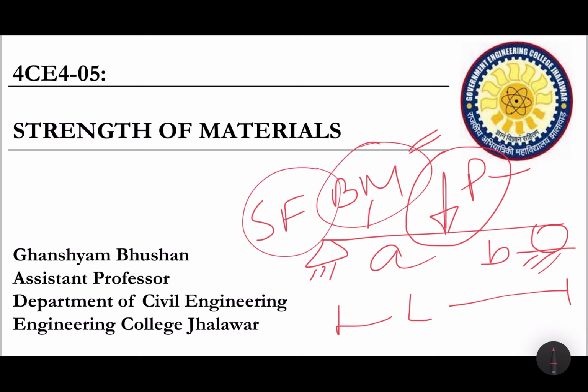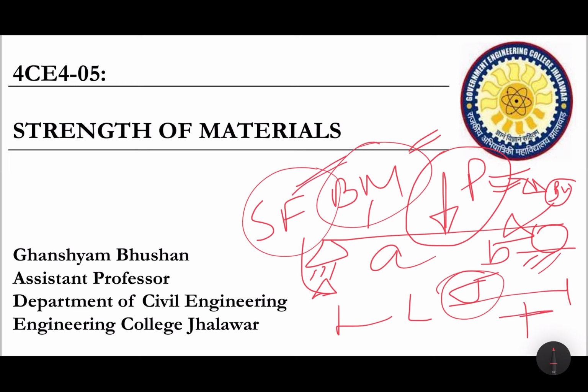So we have discussed the generation of bending stresses due to the externally applied load. This load will create a bending moment and this bending moment will create a sigma. Sigma was the bending stress. In a similar manner we will try to see the variation. The variation was linear. It was 0 at the neutral axis and it can be compressive or tensile depending upon the nature of the load.